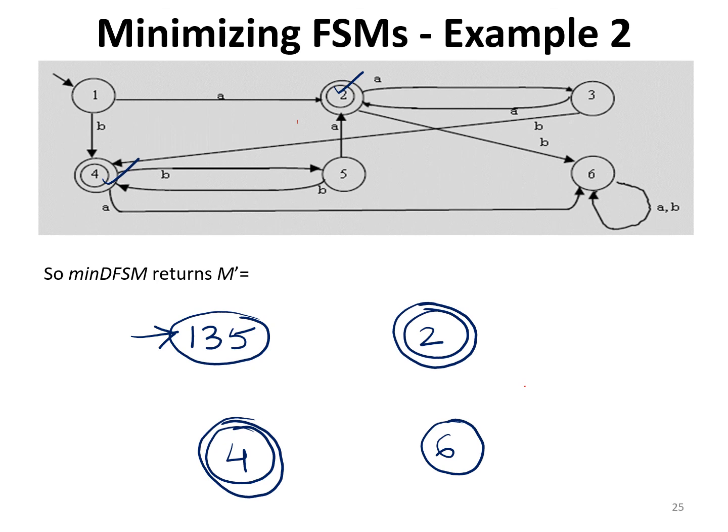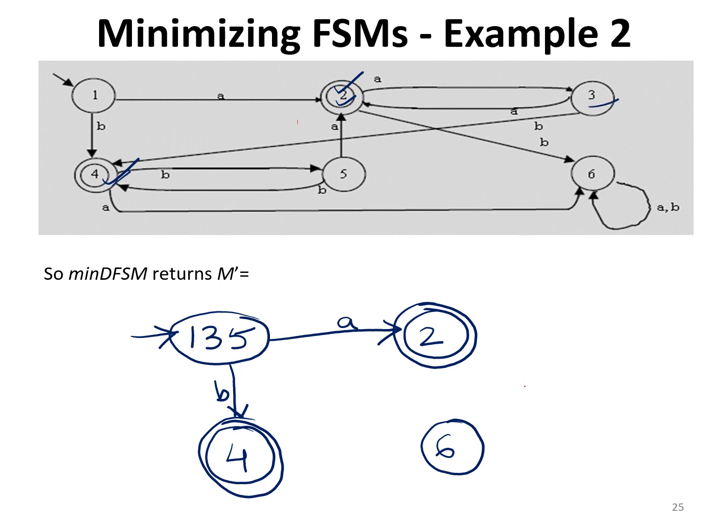Coming to the delta transitions, 1A is going to state 2, 1B is going to state 4. Next, 3A is going to state 2, already we have the transition. 3B is going to state 4, so that is also present. 5A is going to state 2, 5B is going to state 4. So 135 on A is going to state 2 and on B is going to state 4. Coming to state 2,